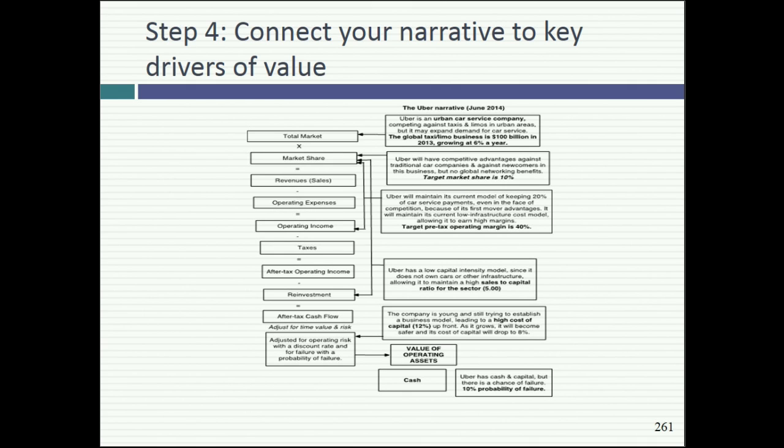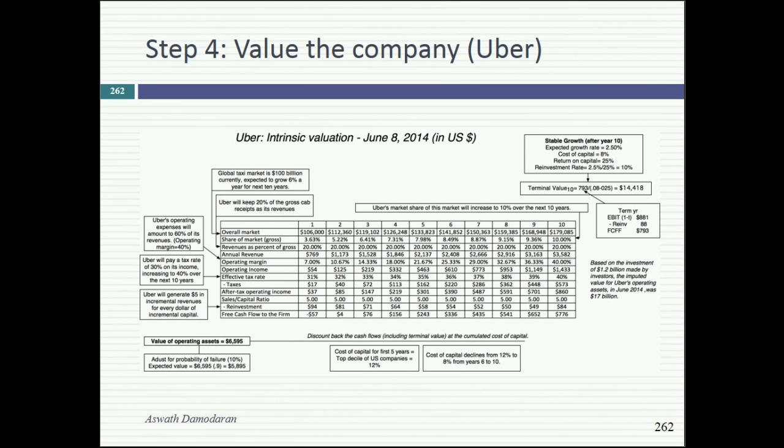My story about what kind of company it is gave me the total market. My story about local networking benefits gave me the market share. My story about the 80-20 mix became a margin. And my story about risk is now a discount rate and a likelihood I will not make it. I put them into a spreadsheet, and when you actually look at the spreadsheet, it looks like a discounted cash flow valuation that came from a spreadsheet, but every single number in the spreadsheet has a story behind it.